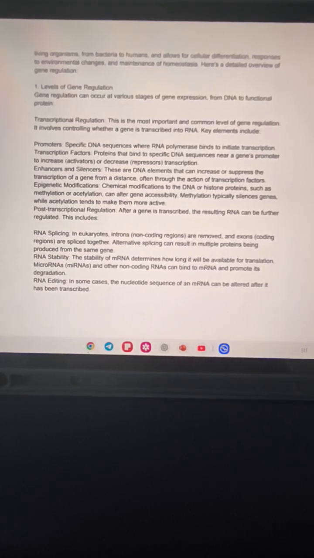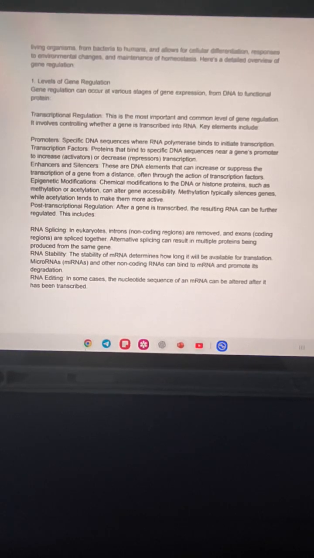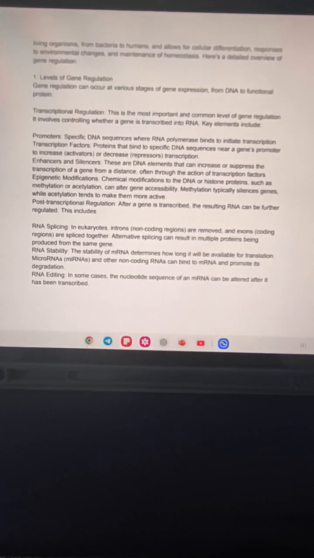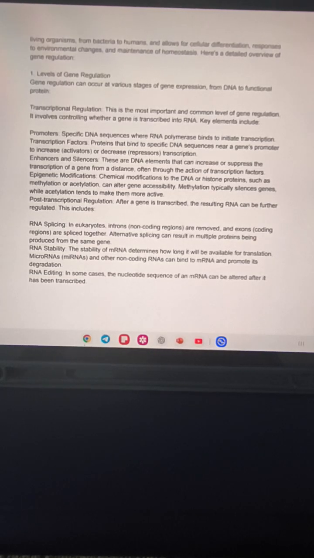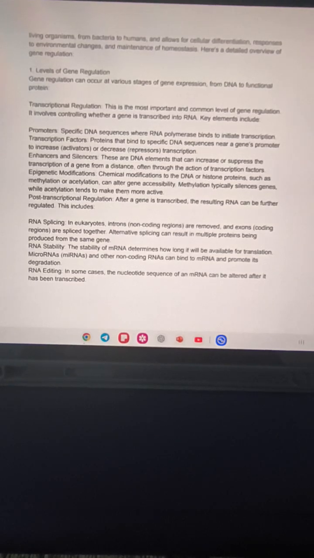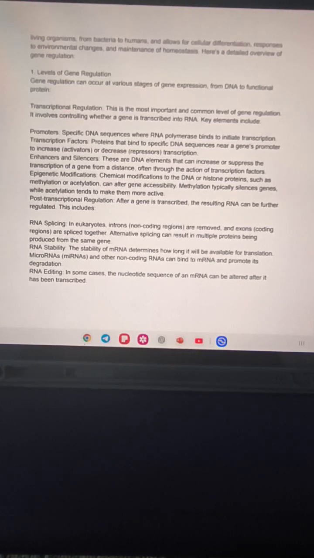Firstly, levels of gene regulation. Gene regulation can occur at various steps of gene expression from DNA to functional protein. Firstly, transcriptional regulation. This is the most important and common level of gene regulation. It involves some steps. First, promoter, a specific DNA sequence where RNA polymerase binds to initiate transcription. Transcription factors, proteins that bind to a specific DNA sequence near the gene promoter to increase or decrease transcription. Enhancers and silencers, epigenetic modification,